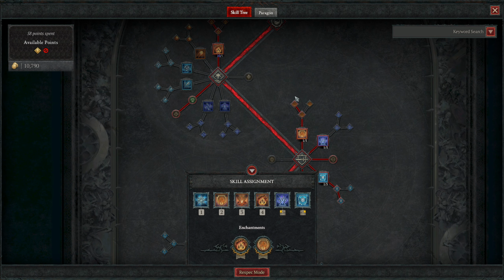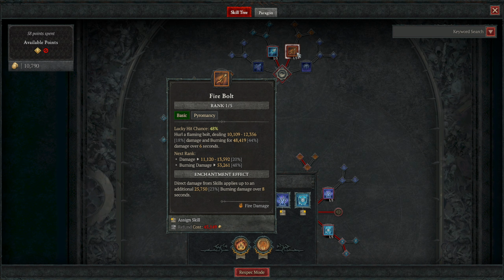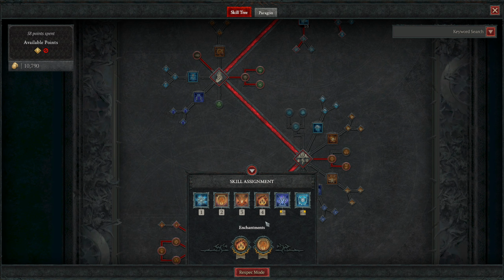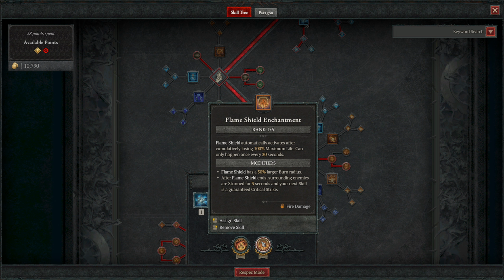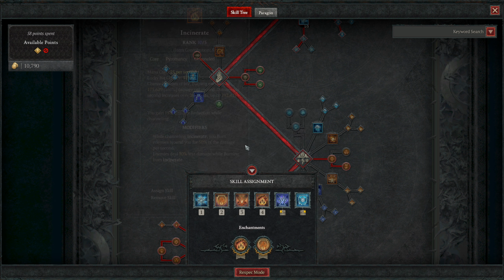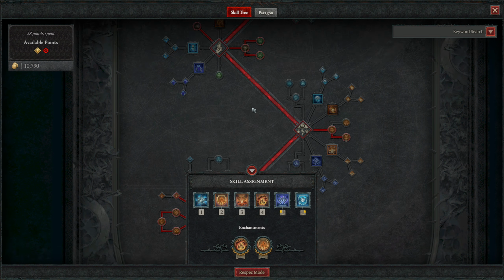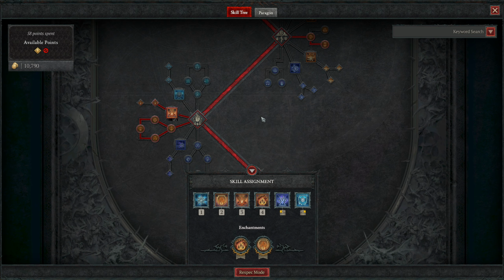It's not good for the boss because we're not killing any monsters while we kill the boss. So I'm running Flame Shield enchantment just for more survivability, because survivability is key, and I'm running this one because it's just extra damage with a 6-second downtime in between. But if you have some good ideas, let me know in the comments what enchantments would be great